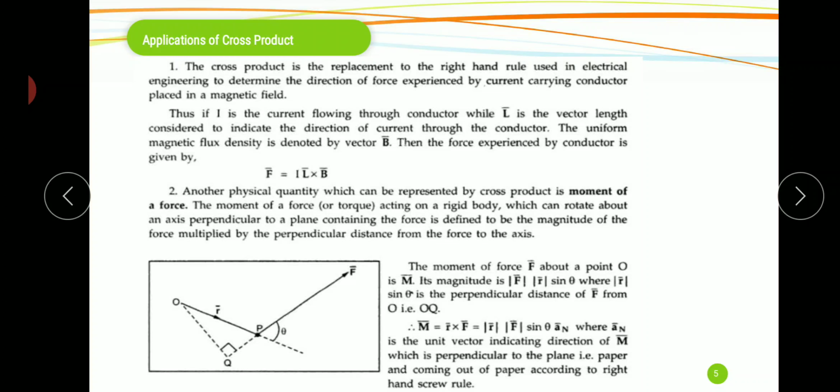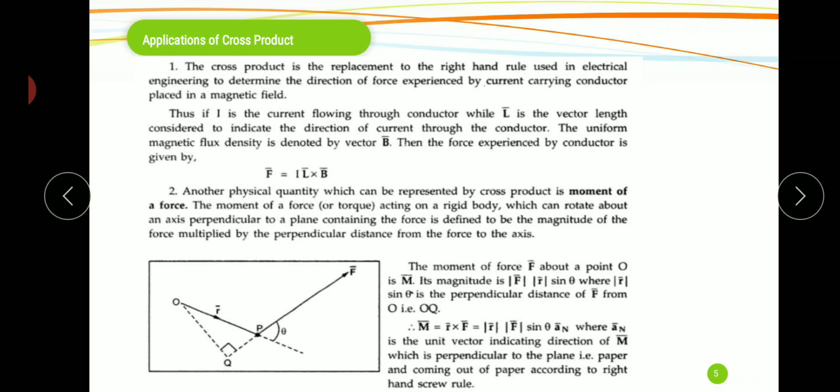Okay. Now the magnitude of the momentum of the force is m bar equal to the perpendicular distance into F bar. So here we have to take the cross product between the perpendicular distance and the force, that means R bar cross F bar. We already know the formula: the cross product between two vectors is A cross B, that is mod of A, mod of B, sin theta AB.